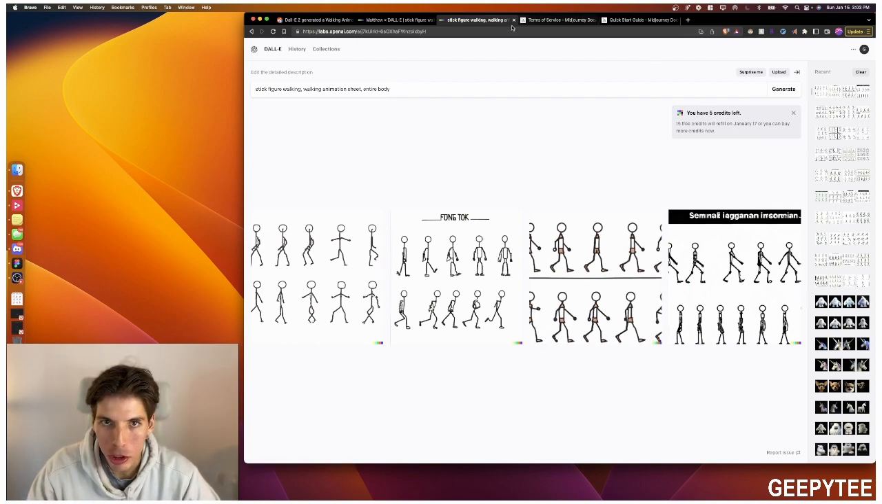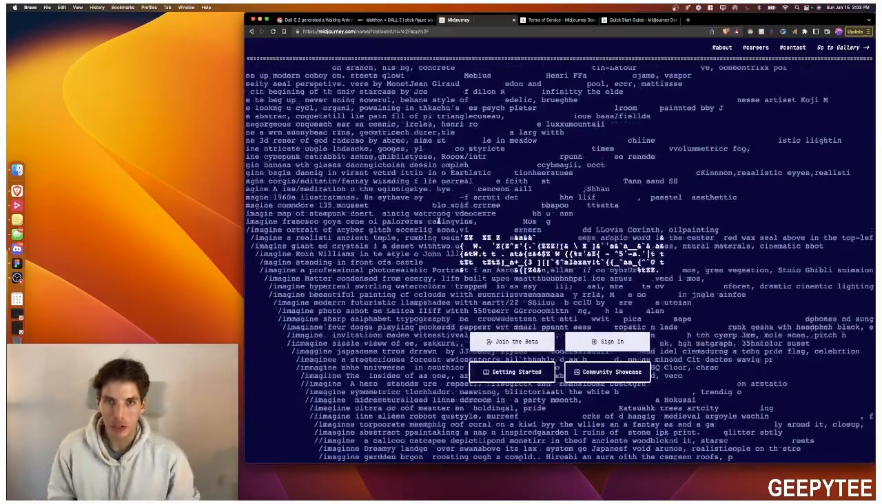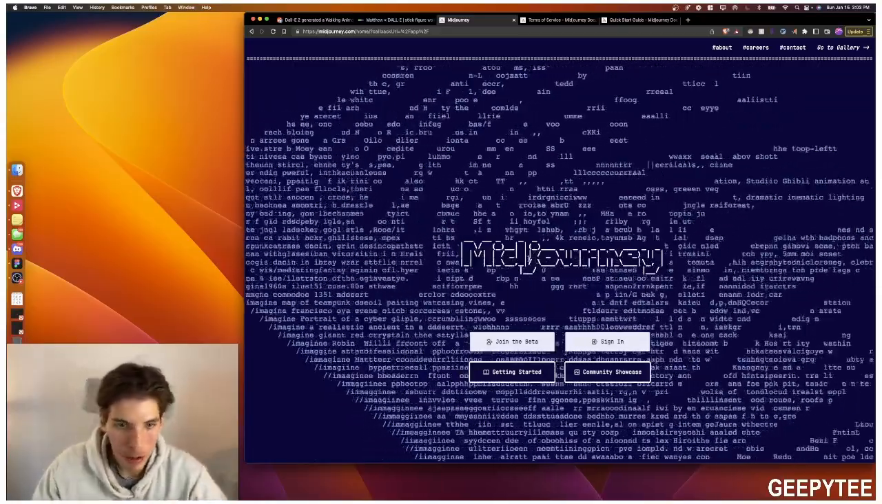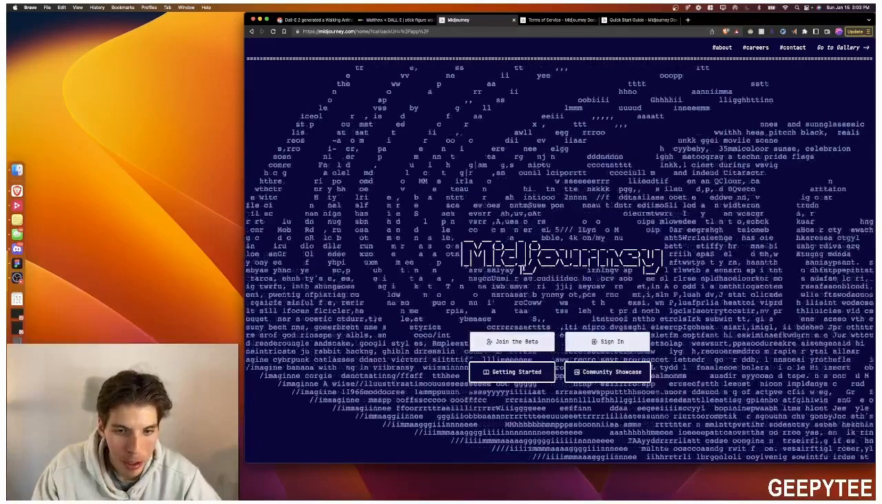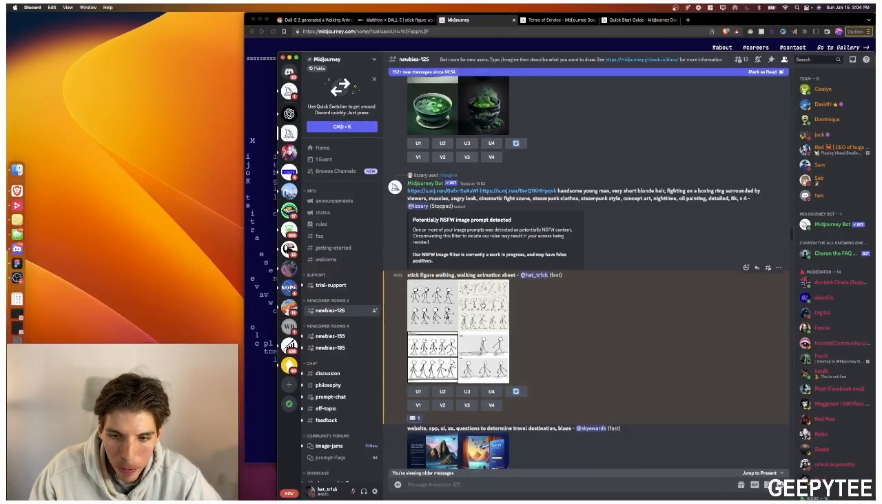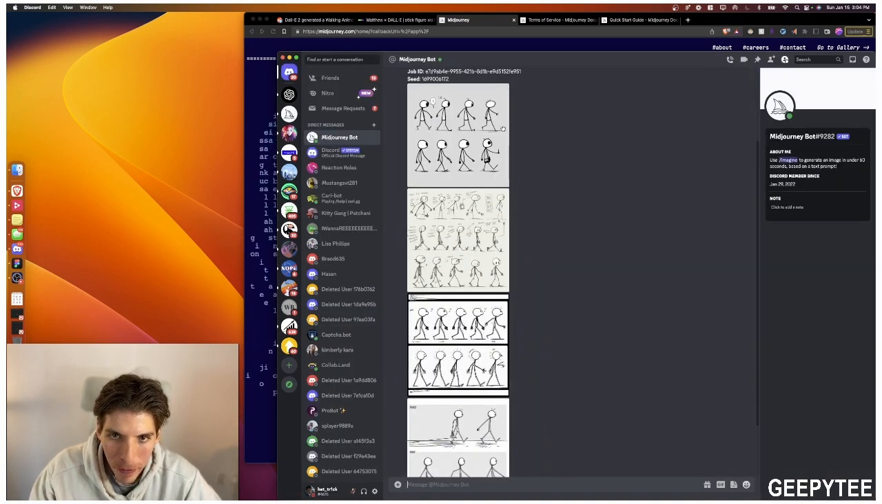Next, let's try Midjourney. So if you're not familiar with Midjourney, Midjourney is another popular image generating model. So you basically have DALL-E, Midjourney, and Stable Diffusion. The way you interact with Midjourney is actually not through the website, but through their Discord community. And I've already run one example with the exact same prompt as before, and this is what we got from